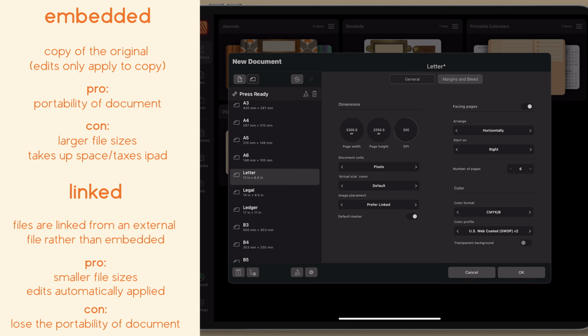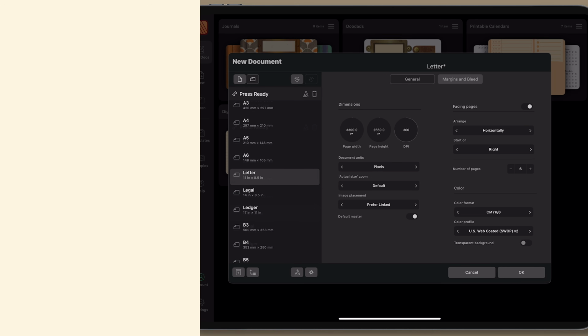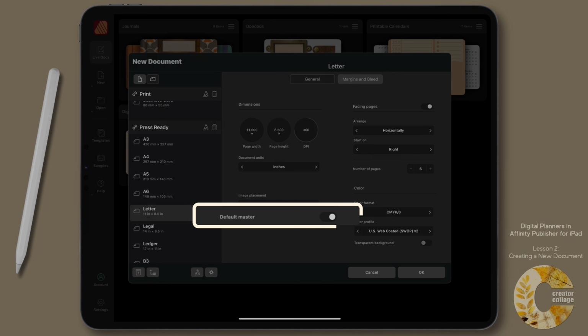In order to use the images, the link between the folder they're in and my Publisher file has to remain intact. Now personally, I tend towards using embedded, and I'm just very careful about the types of texture I use and how much, but you should use whichever is going to work best for you, your iPad, and your storage setup. At the very bottom, you can decide if you want to create your canvas with a single default master